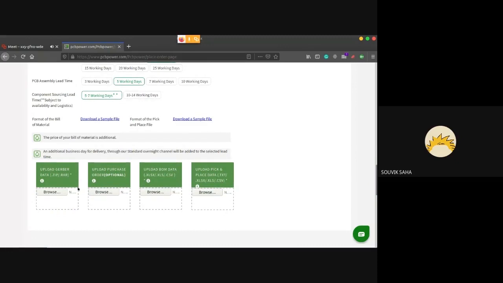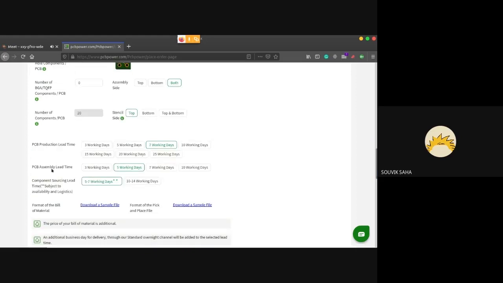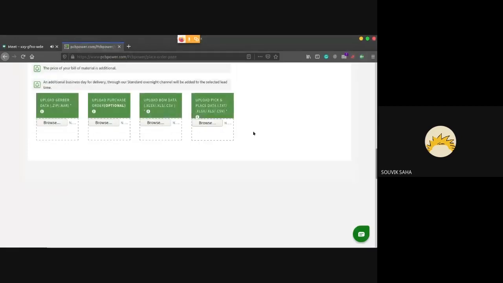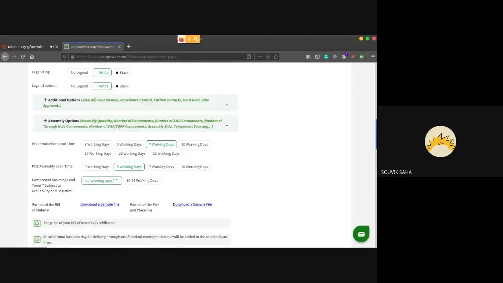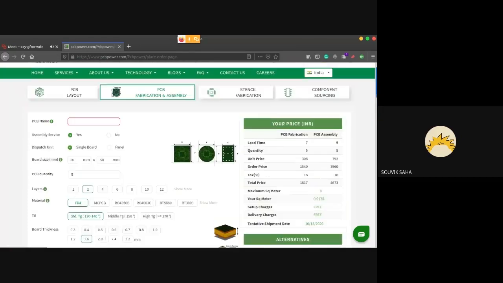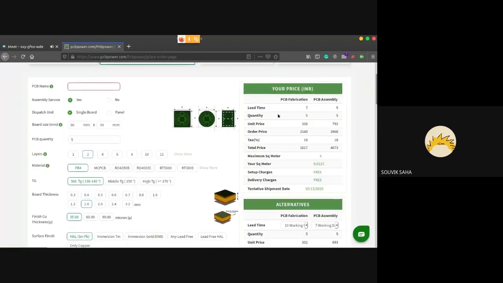Over here you can upload the Gerber file that you just generated, and here you can put in how much time you want it to be produced in. So 7 days, 10 days, 3 days. The fewer days you put, the more expensive it will be, and you can obviously expect around 2 days for shipment. This is the price they are giving us, 308 per PCB for five.